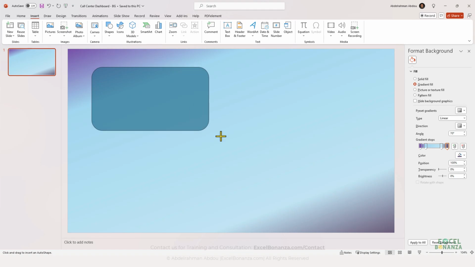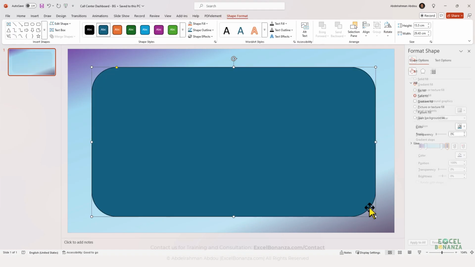I'm gonna insert a shape. It's like a curved corner shaped like this one. So it's this one here, the rounded corner rectangle, and the size of the shape is, after doing some trial and error, I did the height 17.5 centimeters,